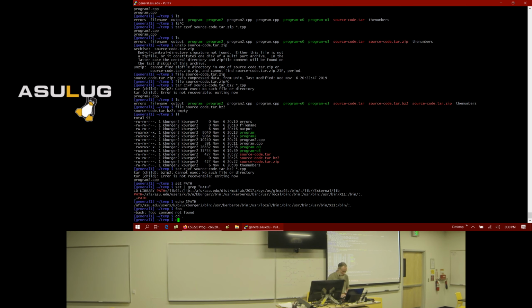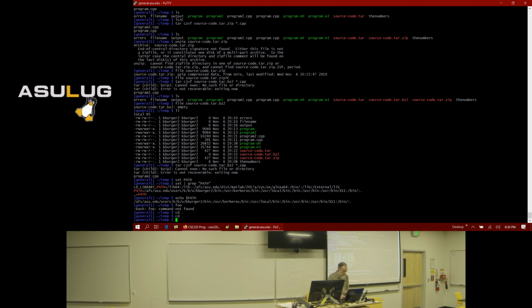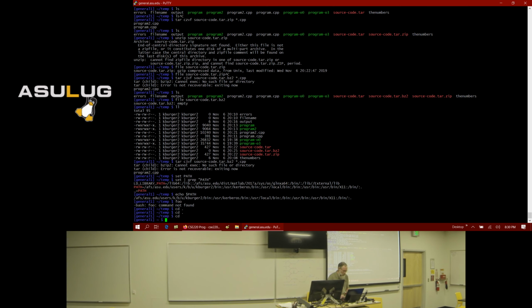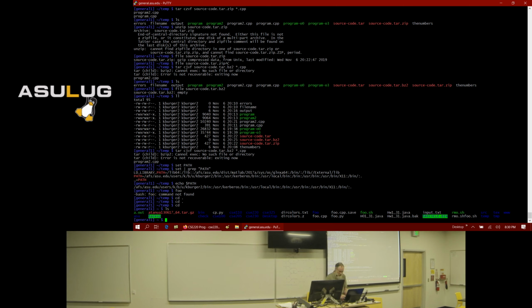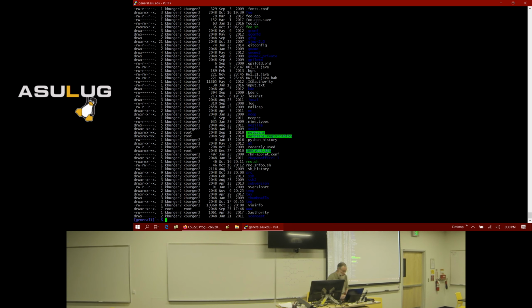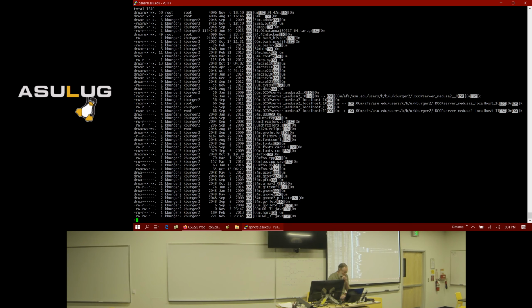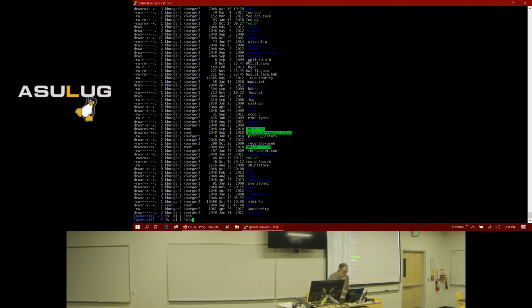When you log into Bash, or when you open a terminal window, there are some hidden files.